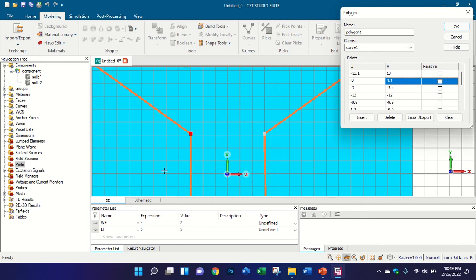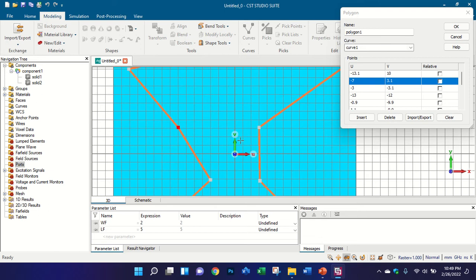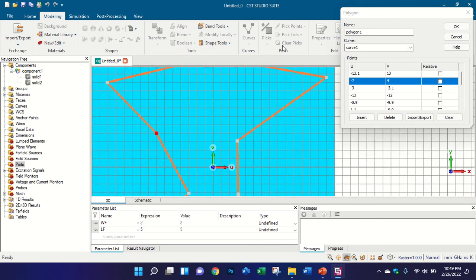If I increase the value, it will go to the left side, like this. And if I write 7, then it will move like this. If I want to move up, you need to increase the value of v. Like 4, and you can see it is going up. So in this way you can also